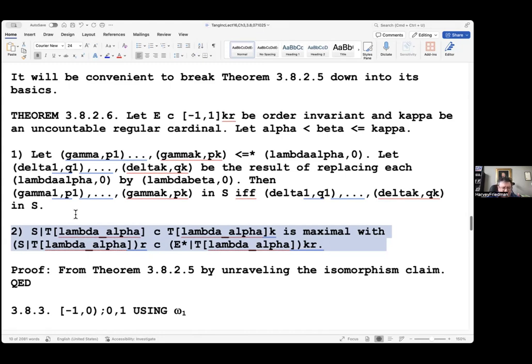If I take S restricted to the space T lambda alpha, and I guess I'm going to have to do a square because I said I'd do that. No, that should be K, not square. There. Is maximal